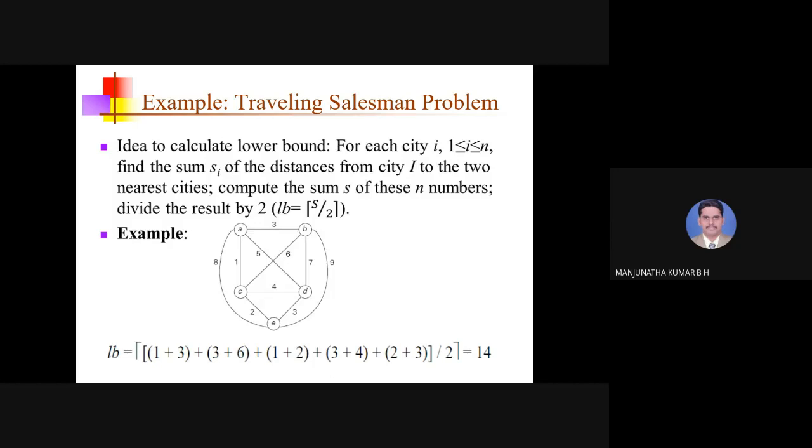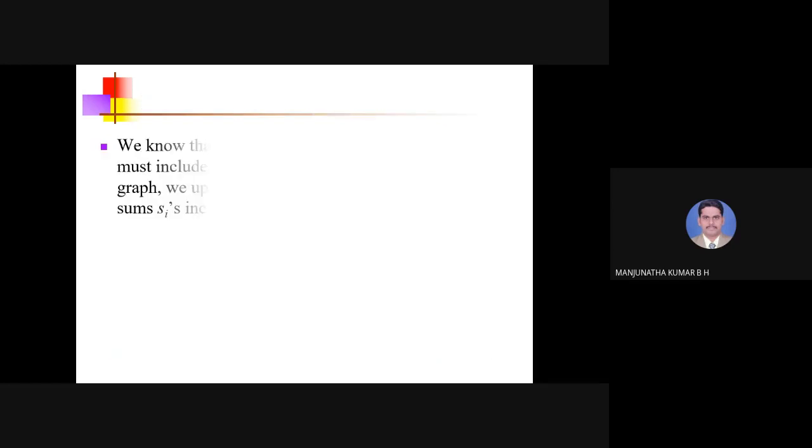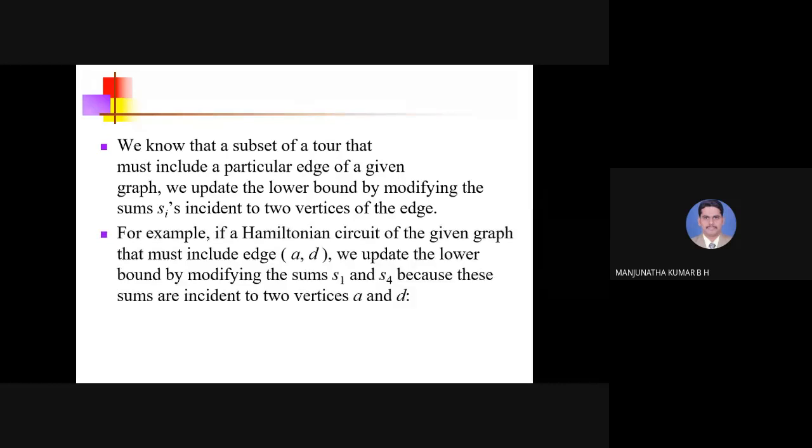See, the same explanation is repeated for every node of the state space tree, with little changes in the values of the equation. That's it. Okay, now let me move on to the next slide. Again, for reference, I have shown the input graph. Here, you know that for a subset of a tour that must include a particular edge of a given graph, we update the lower bound by modifying the sum incident to the two vertices of the edge. It means that